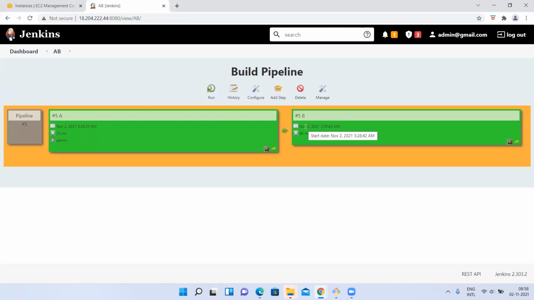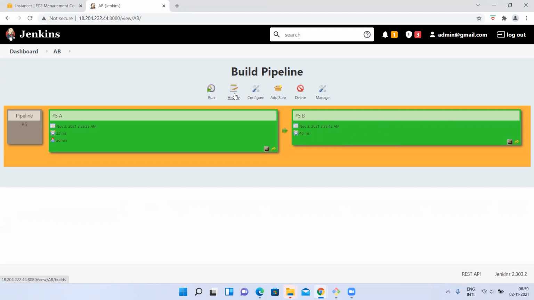So it will show what the jobs are. B job is depending on A. A is upstream, B is downstream. So it is going to show like this only. Here itself, you need not go for 2 views. You can see both here itself. And see, the arrow mark is also showing. If A is triggered, automatically it will trigger B. Right now, if you want to build this, you can run from here only.